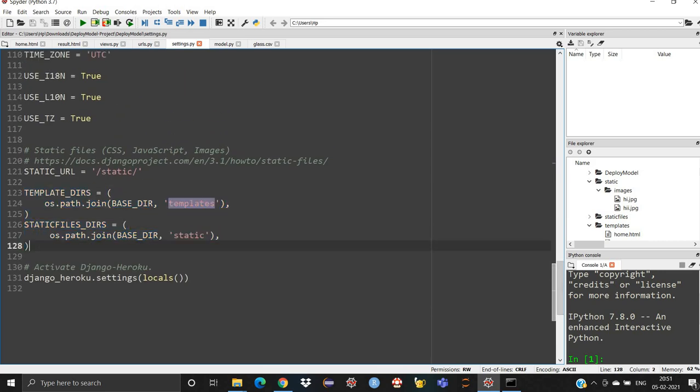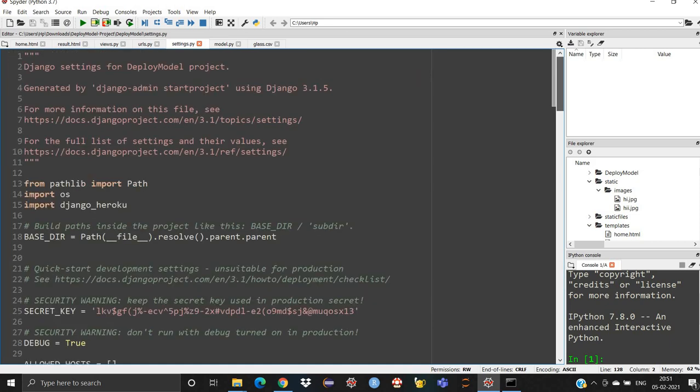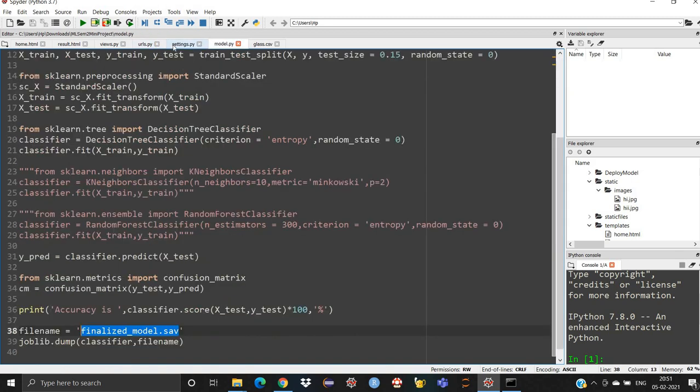This is very important because it shows that you are joining your templates folder with the base directory, and you're also joining your static folder with the base directory. These two lines are very important. Otherwise it will give you an error, or it will not load your background image or any kind of image. So make sure that you are mentioning all these things properly. Yeah, that's it, I guess.